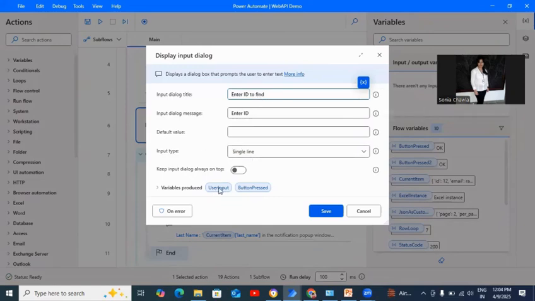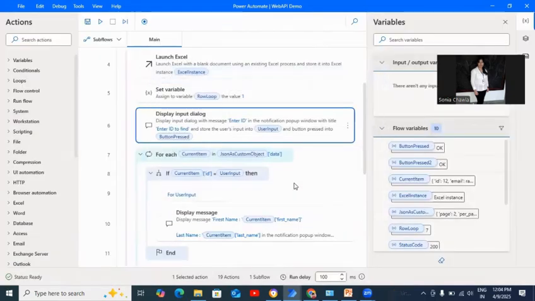This is the variable we use wherever we need the user input. Then the If condition: current item ID equals user input, then display message, current item first name and last name. I will show you how it works.